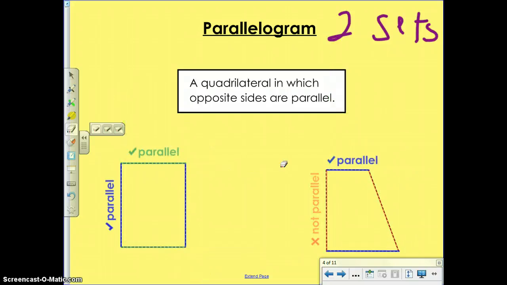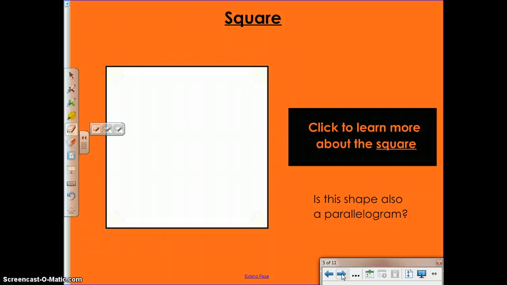I'll tell you what that shape is in a little bit. But now let's look at the different types of parallelograms there are. There are three different types that we can look at. The first is a square. And the unique thing about a square is that it is a parallelogram, it is a quadrilateral that is made up of